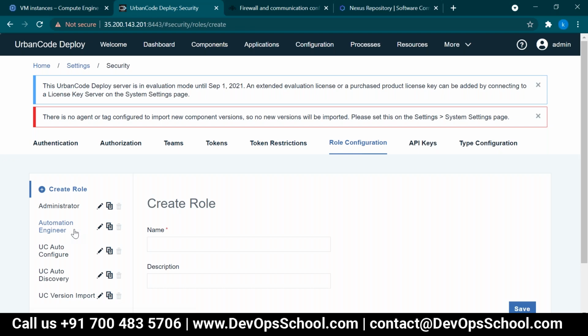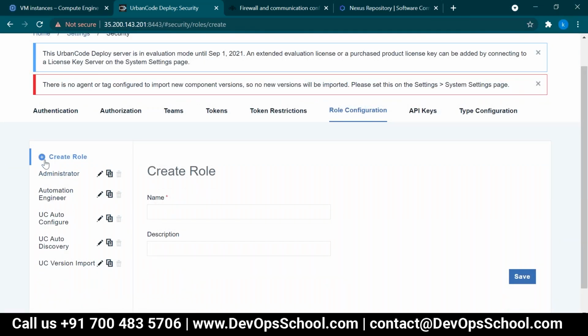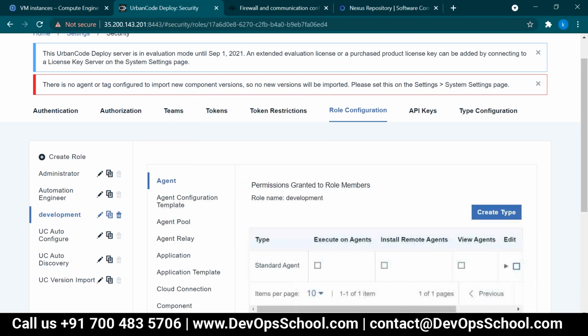So role configuration, as I told you, you can create your role configuration. Whatever roles you want, go ahead and create a new role. Give the role name, as I told you just now, development role. So I created one development role. Then the type configuration.